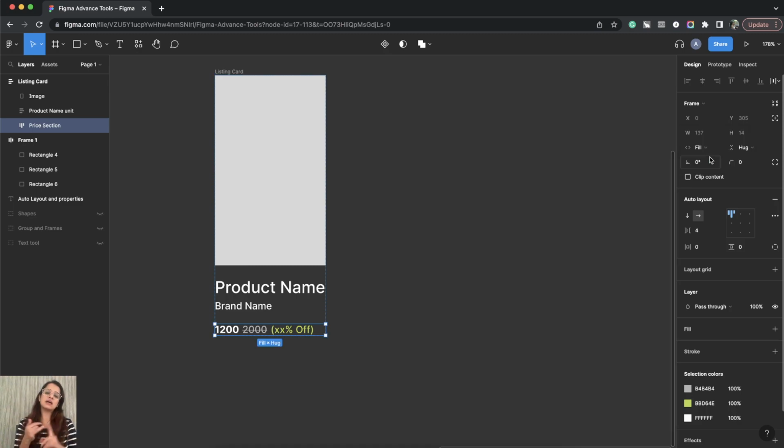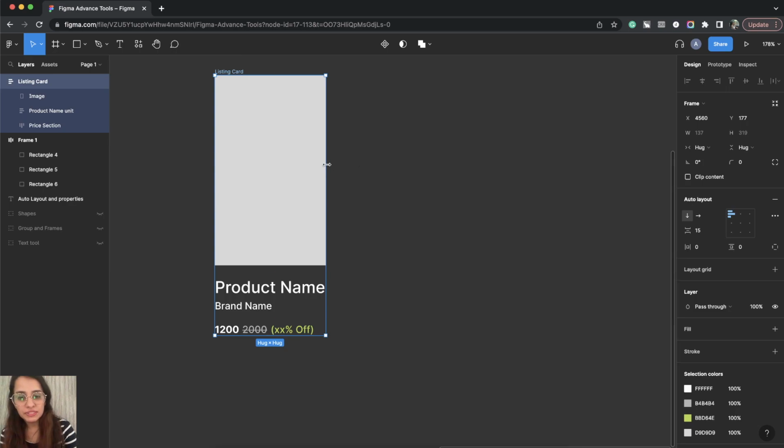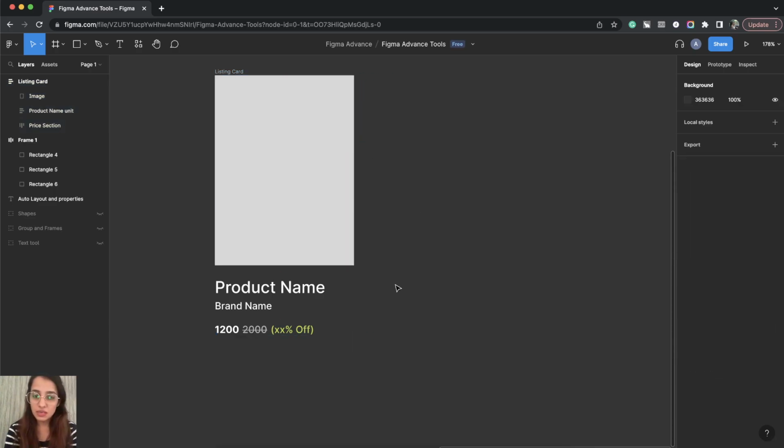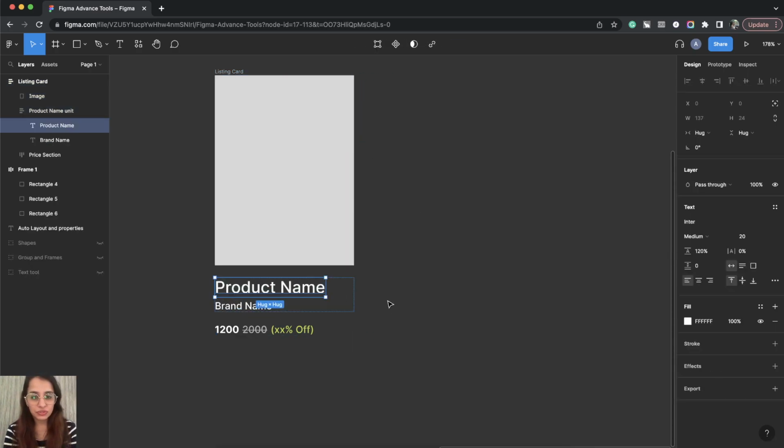So we saw what is hug contents, we saw what is fixed width, we saw what is fill container. Now we will see how it adapts to different sizes. As you can see, if I had an image here, it would have been responsive. Now let me add some text here. Okay, I will actually reduce the size further, and I will say